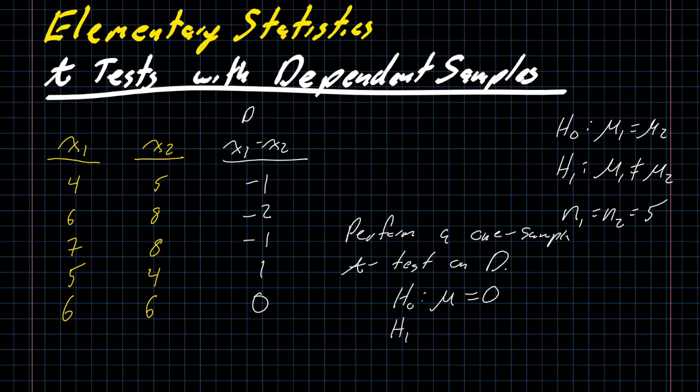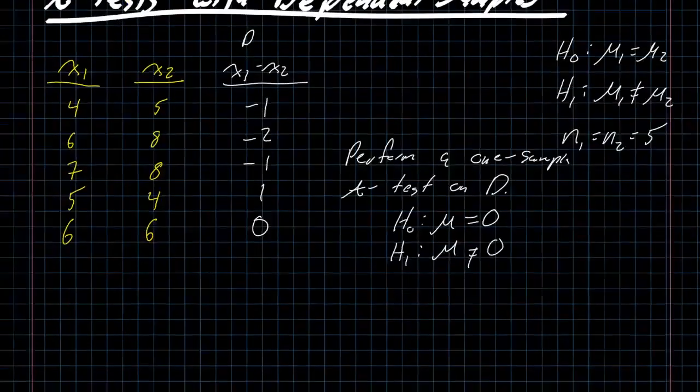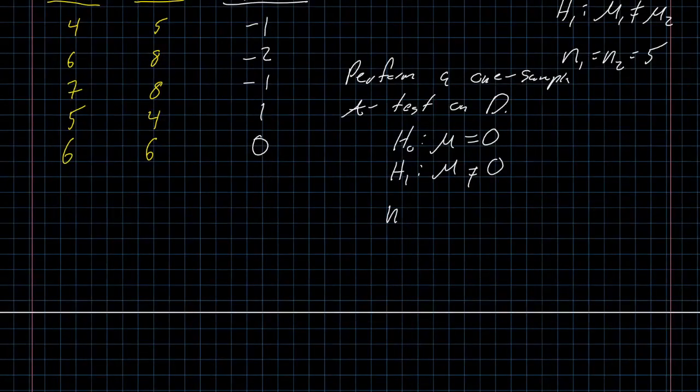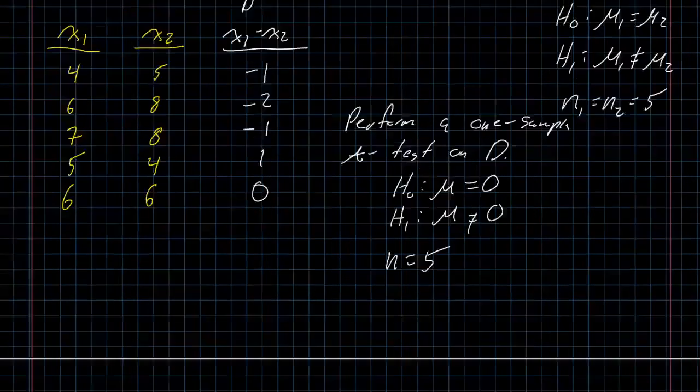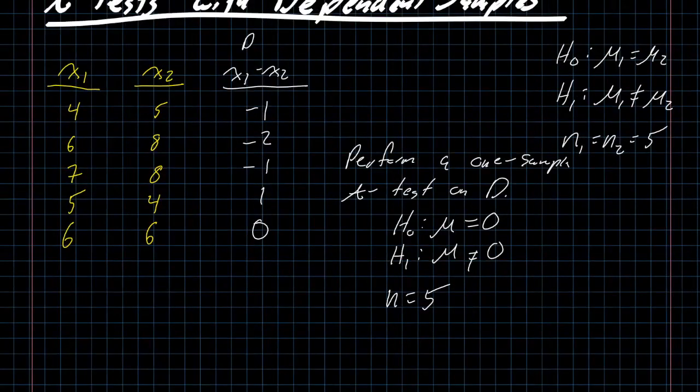Our alternative hypothesis is that for the entire population, D is not 0. We have that N is 5. We never chose a significance level. If nothing else, we always kind of default to 0.05. That's the standard in a lot of fields. But for these 5 data points,